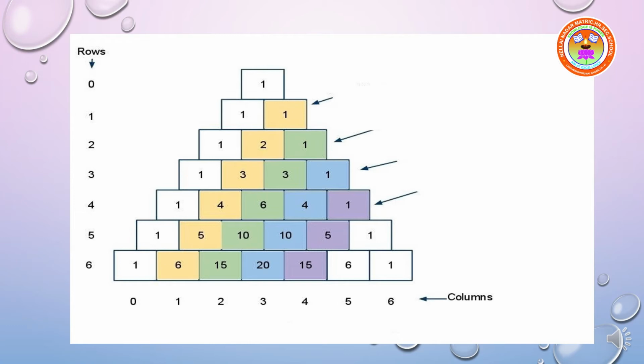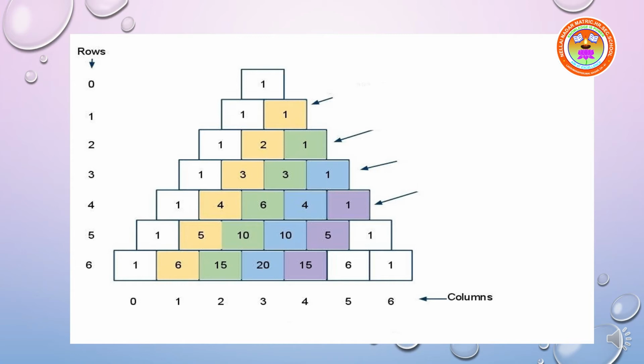So both the numbers are 3. Now we'll move on to the fourth row. In a similar way, the starting and the end boxes will have 1 in them. Now you have 3 boxes in the middle. Now we have to look at the third row and add 1 and 3. So 1 plus 3 is 4. So the second box has 4.